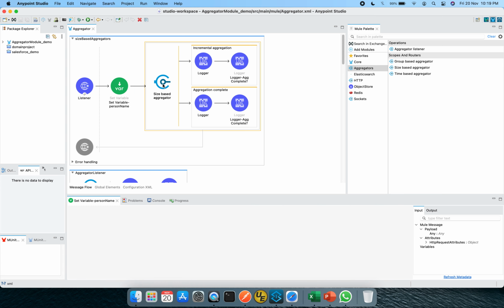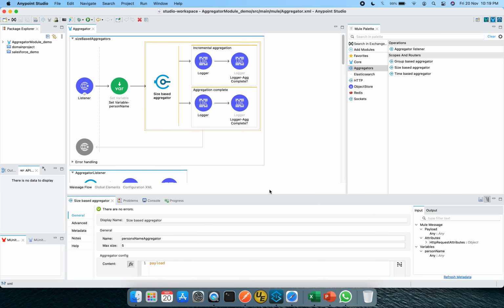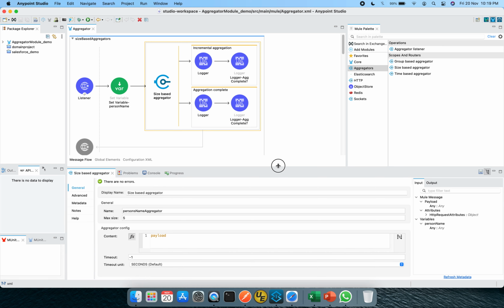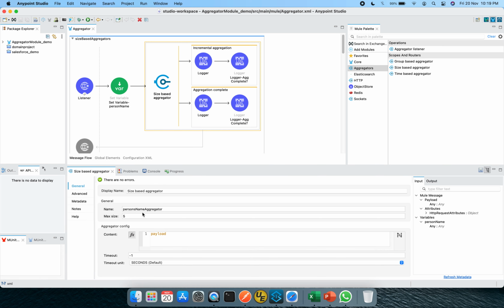After that, I have configured this size based aggregator. It says the maximum size of this aggregator will be 5, and the timeout is -1 second. -1 second means it is infinite, it will not time out at all.